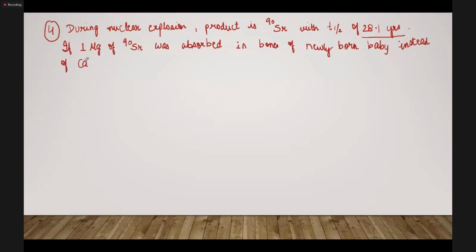C is for calcium. How much of it will remain after 10 years and 60 years if it is not lost metabolically? ठीक है, so